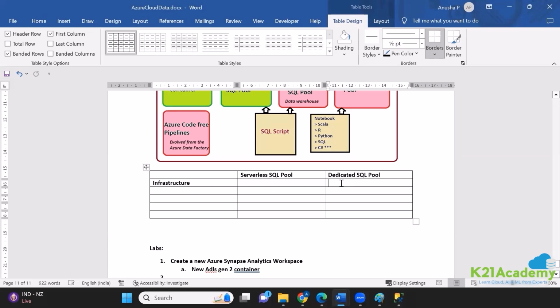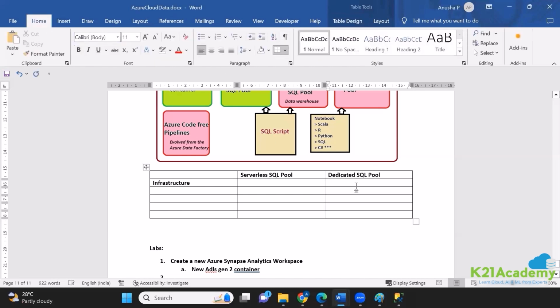So when you are in a business requirement where you have to have complete control, so that you can scale it up, scale it down whenever you want to, and you can increase or decrease the speed of the performance whenever you want to, then you will blindly go with dedicated SQL pool. Okay, so here you have complete control